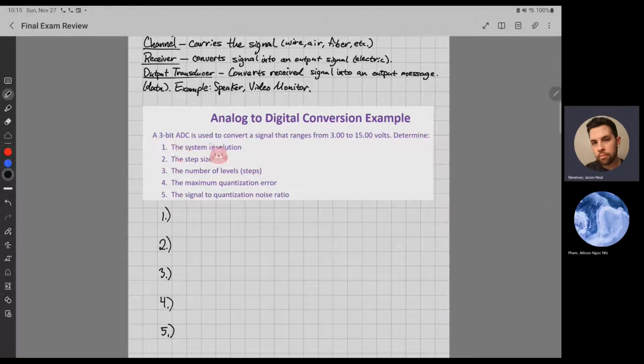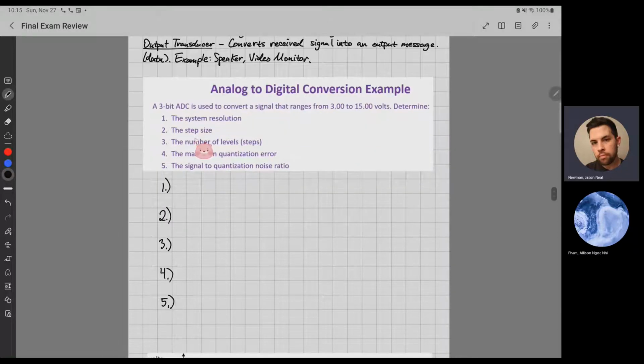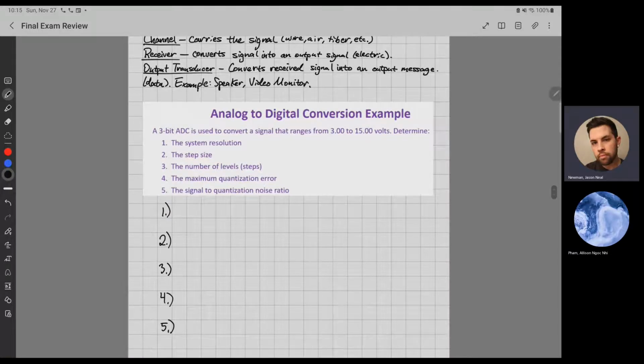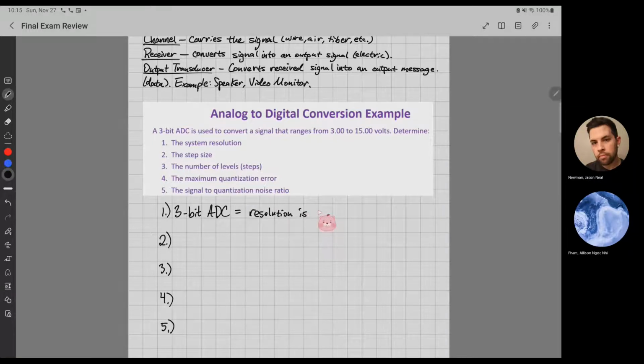A 3-bit ADC is used to convert a signal that ranges from 3 volts to 15 volts. Determine all of these things. Let's start with the first one, the system resolution. It's the easiest one. The system resolution is the number of bits you use in your ADC. The problem even tells you the answer, a 3-bit ADC, so the resolution is 3. That's pretty easy. So the step size